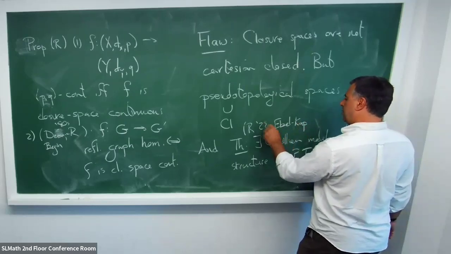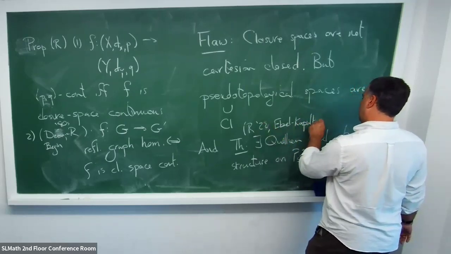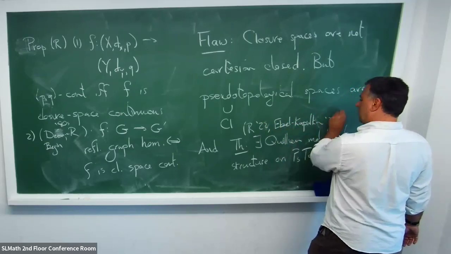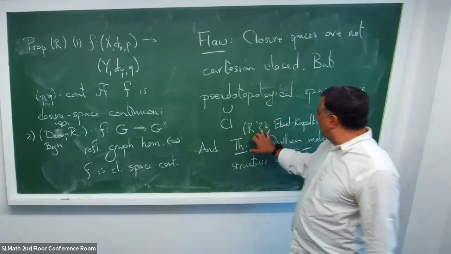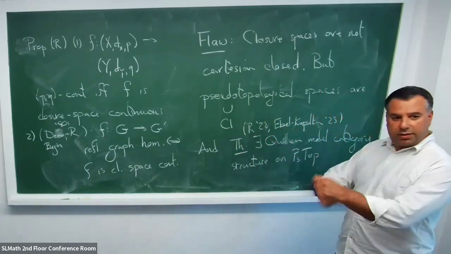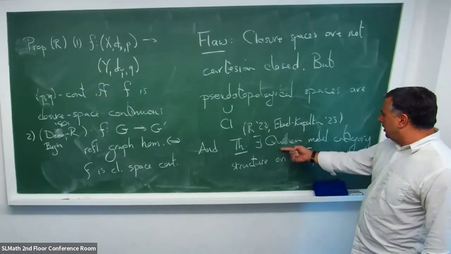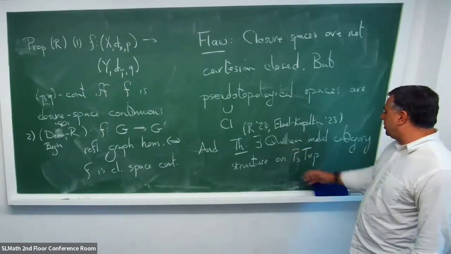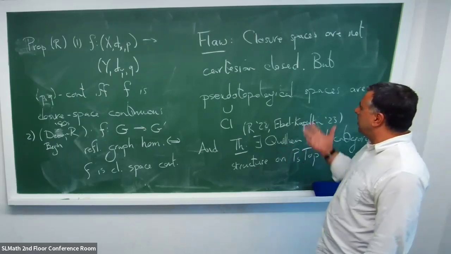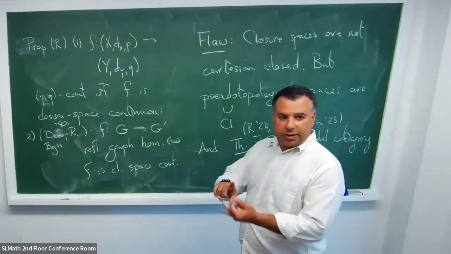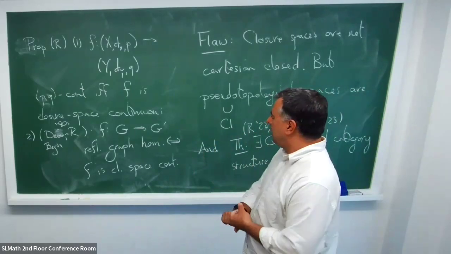I did this sort of by hand, just rerunning the equivalence proof, and they have a very slick proof for the same result. So in pseudo-topological spaces, we have this nice category where we have a good notion of homotopy